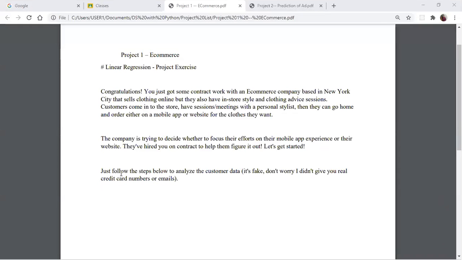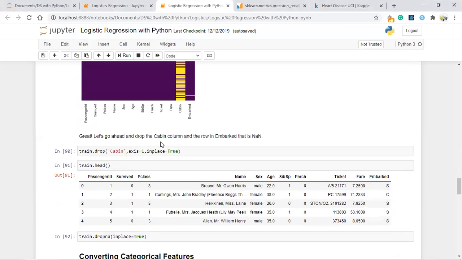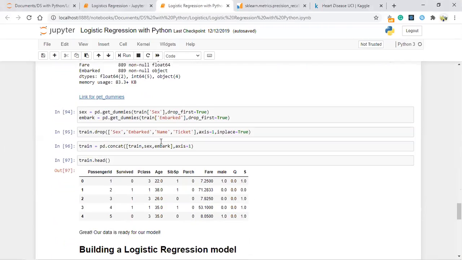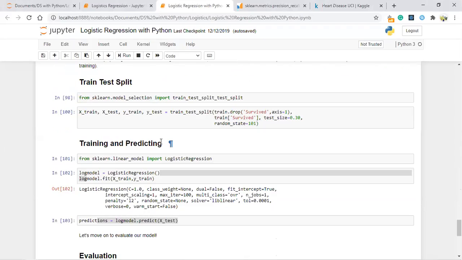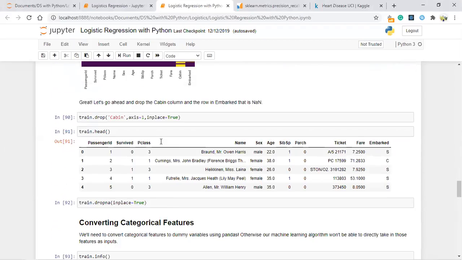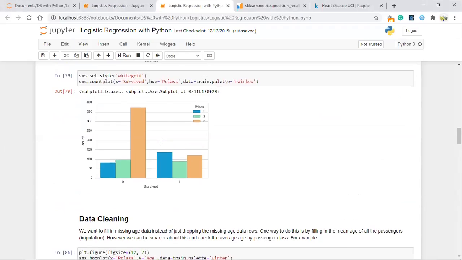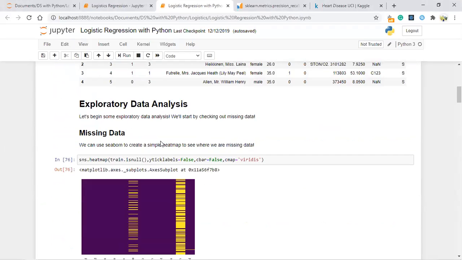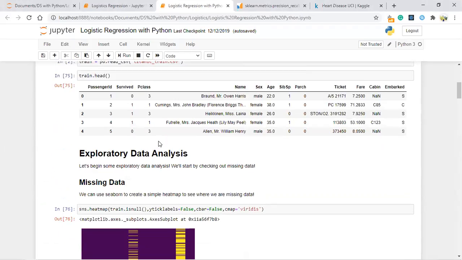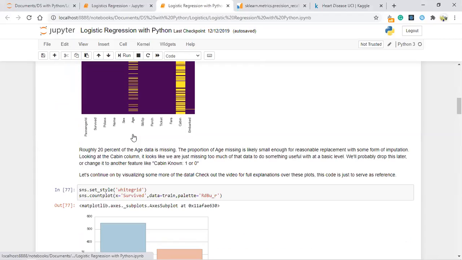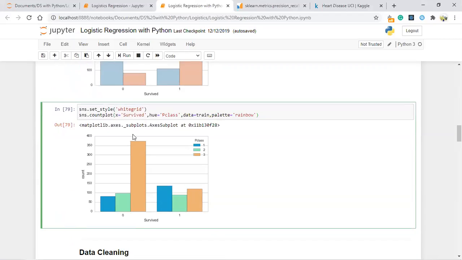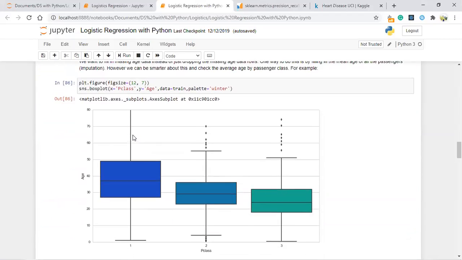See, in this Titanic data set, for the data pre-processing, instead of using a scikit-learn imputer and those things, I handled it with normal, basic Python itself. For the missing data, I didn't use an imputer, I handled it in a different method.